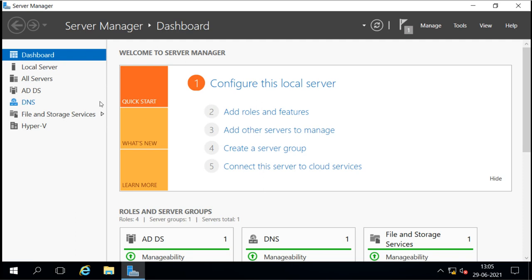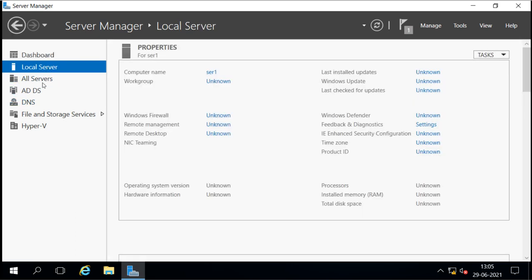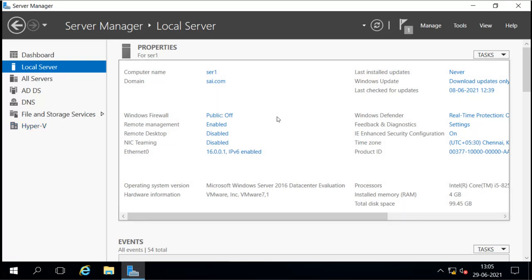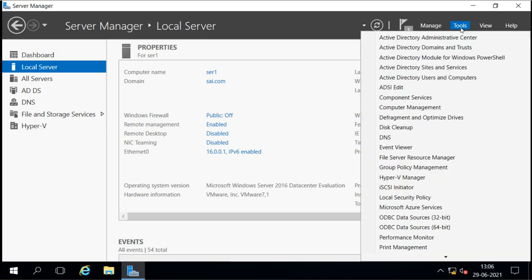Now after the installation is completed, we can see Hyper-V here. That means the Hyper-V role is available now. We have installed it. And to manage Hyper-V virtual machines, we can manage them from Hyper-V Manager, and also we can manage them from PowerShell. PowerShell has also included the commands related to Hyper-V. It was not there previously. Now it has added the commands, and it has also added the Hyper-V Manager. So when you go to Tools, now we can see the Hyper-V Manager here.